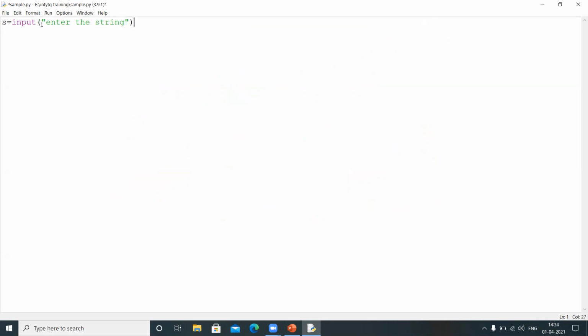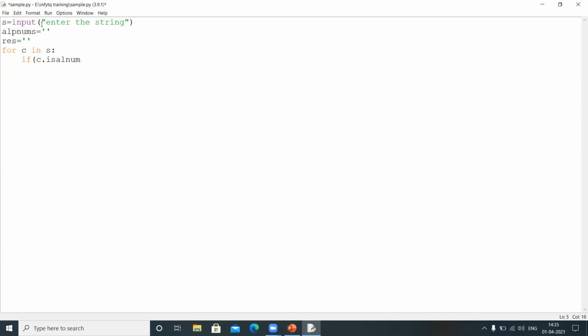Now I need to take a variable alpha nums equal to empty, which is used to hold all the alphabets and digits present in the given string, and I need to take a result variable, right? Resultant string, empty string.